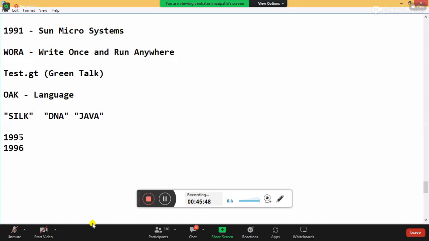Now the latest product was released on 2022, September 20. They released Java 19, and we have the Java 19 product available in the market. On 2022, September 20, at 9 o'clock in the morning, Oracle Corporation released it. Within six months, R&D is releasing Java 20. It is in R&D and testing is going on. So our product in the market today is Java 19.